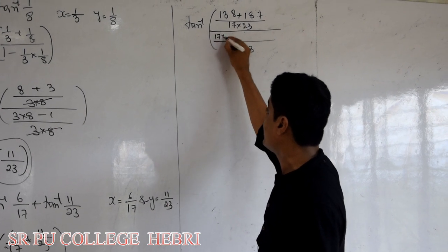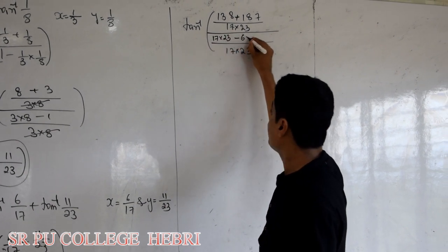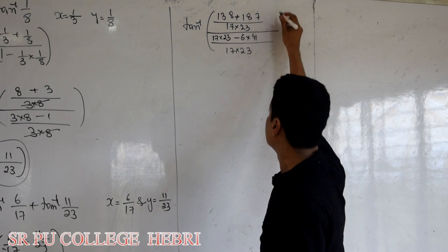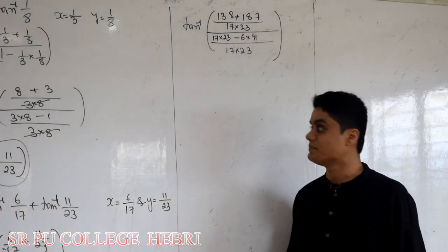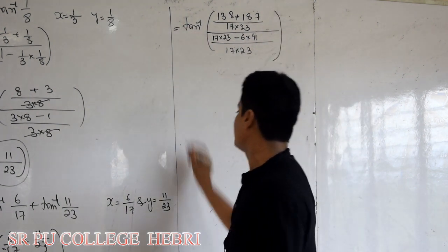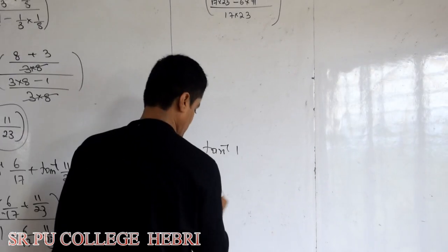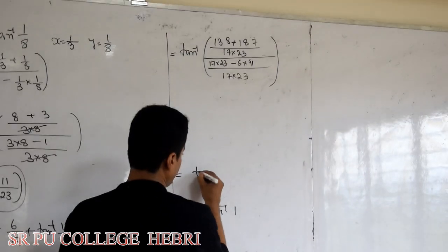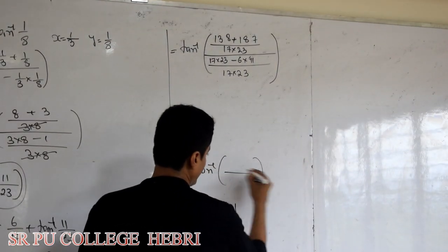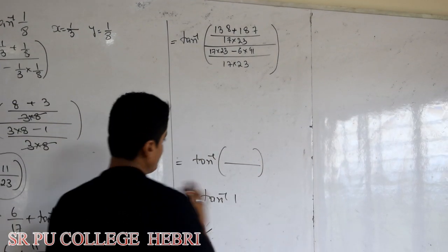Again I am telling you, don't multiply. Definitely a calculator is not needed to complete your work. Just keep it as it is, because you know the answer. What is the answer? Tan inverse of 1, that is pi by 4. To get tan inverse of 1, you should get an expression where the numerator is equal to the denominator. Keep this in your mind.